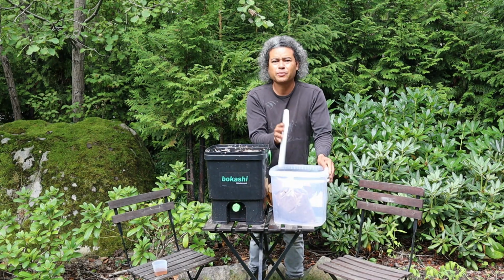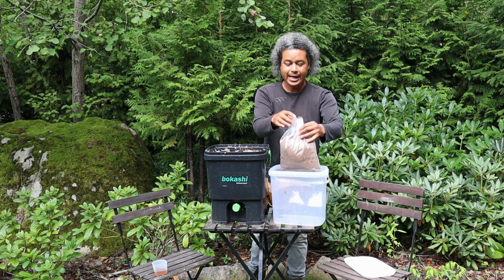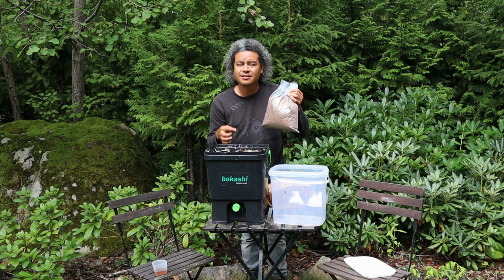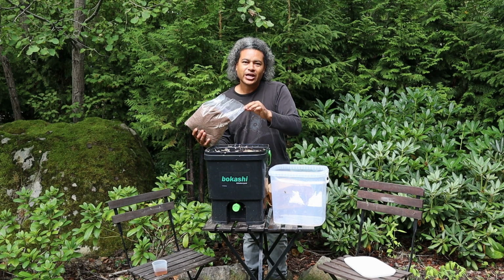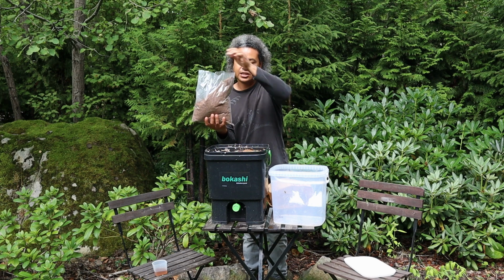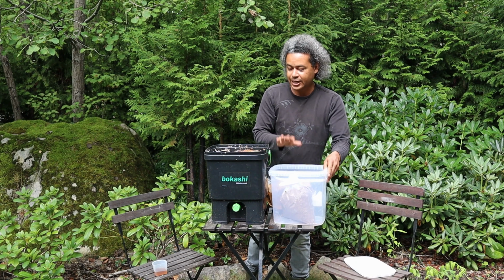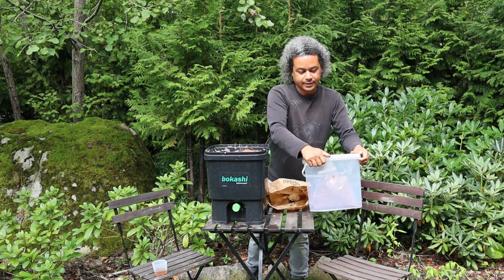So now I'm ready to add some of the Bokashi mix, and you can see that I have my Bokashi mix now in this plastic container, and that is because I had this in my annex, just like this, and the mice had nibbled a hole out the side and started eating this Bokashi mix. So please make sure that you keep your Bokashi mix somewhere safe, away from mice. So now I have a drizzle of this on top, and I have so much left to fill up this container many times. I can see. Get this safely away again,